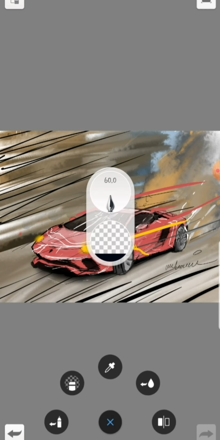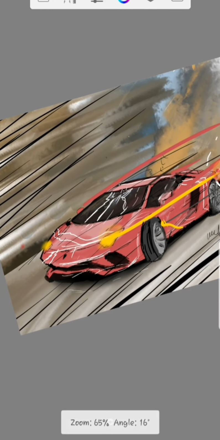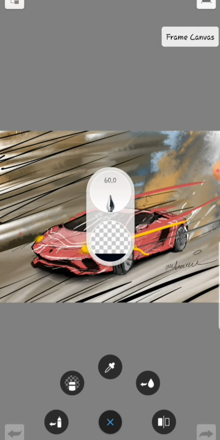There are a few other functions on the top. Here is the clear layer function. You can use this function for clearing the complete layer. It means if you need to delete something from the screen, you can use this and it will blank the layer. This button is for fitting the screen, because I can make it any size. So if I click this button, it will turn it back to the normal screen.